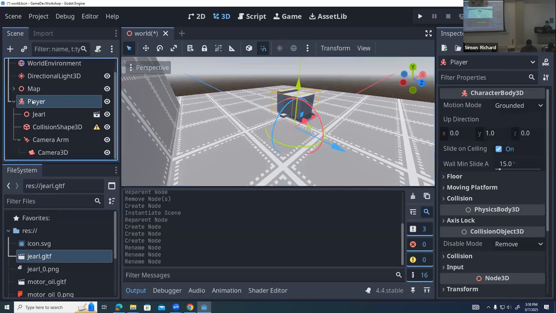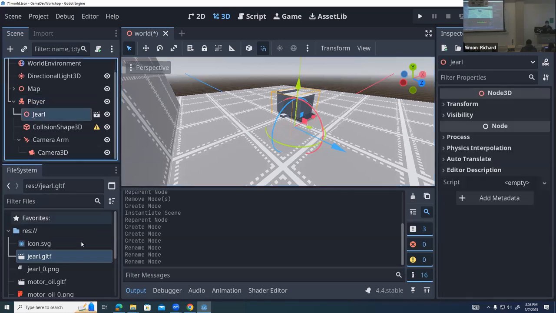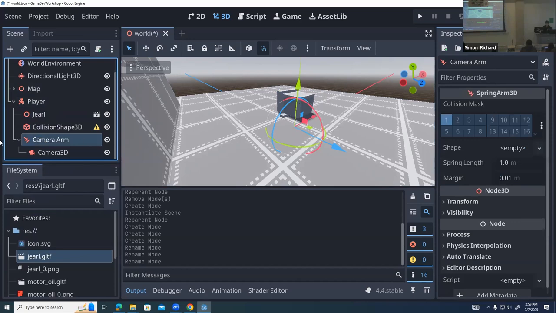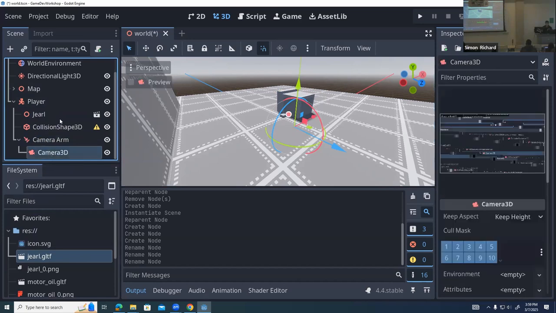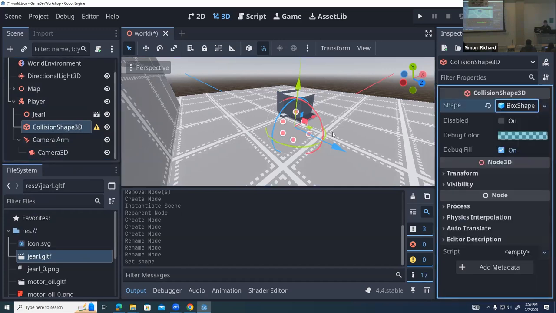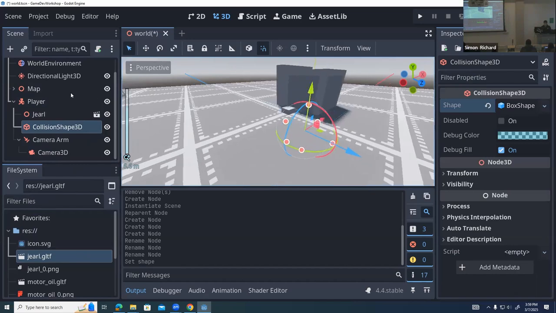So that's what the character body is. Under here, we have the model that we imported from the file system. Under that, we have a collision shape that will define to the physics engine the shape of how this player interacts. We have a spring arm that I will explain later, and connected to that is the camera. So under the collision shape 3D, we're going to click on shape, new box shape 3D,